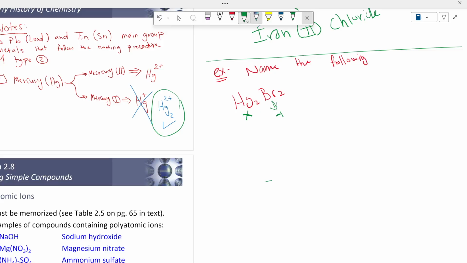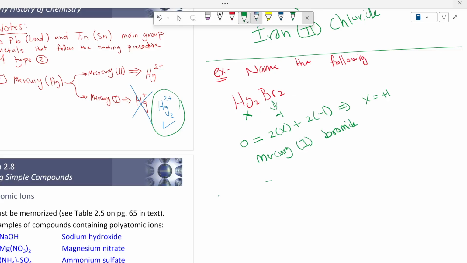Here, the total charge of Hg2Br2 is 0. So 0 equals the charges of mercuries. We have 2 mercury atoms, and each one of them has a charge of X, plus 2 bromine atoms, each one has a charge of -1. When you solve it in terms of X, you will find that X is plus 1. So the name is mercury 1